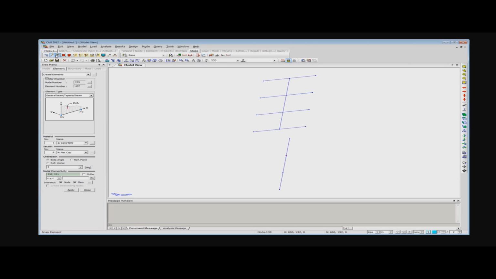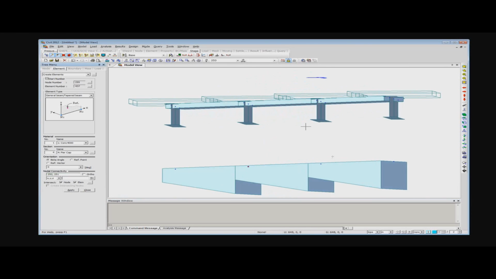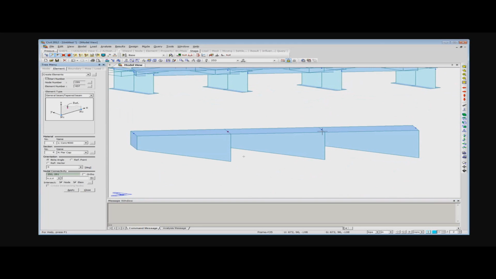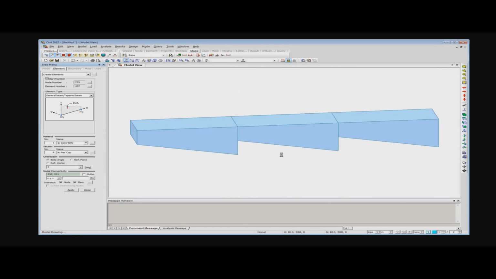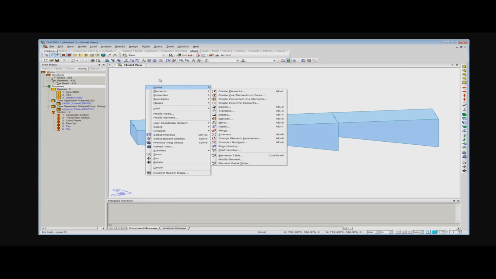If I show this, you will see that the pier cap doesn't look how it should be, because it's a tapered section. If I activate only these sections and show them, for some reason in the beginning it doesn't look like that, so we have to make it work. Therefore,